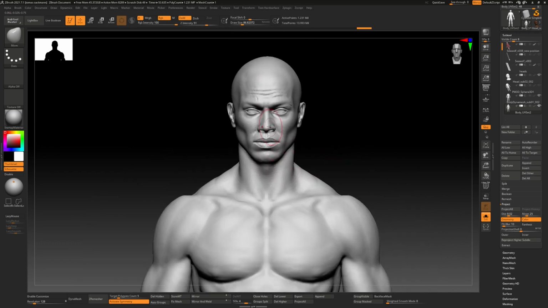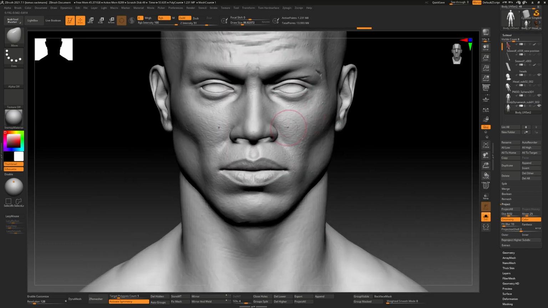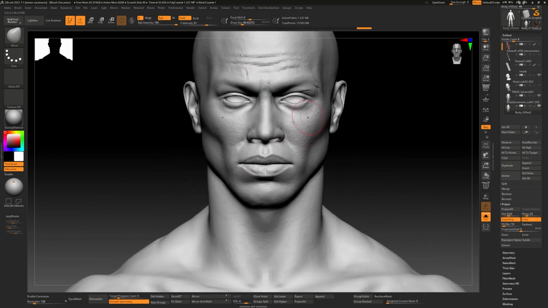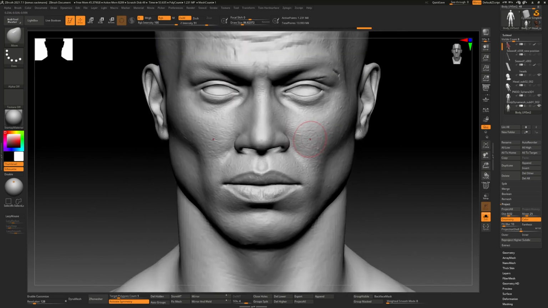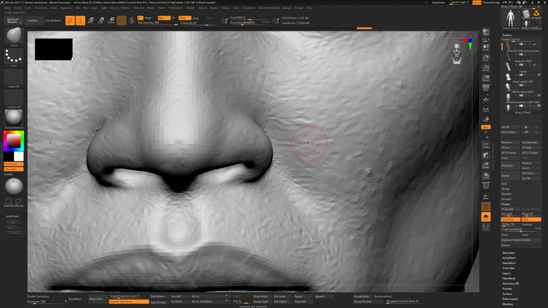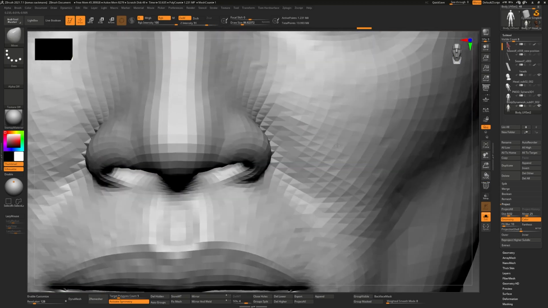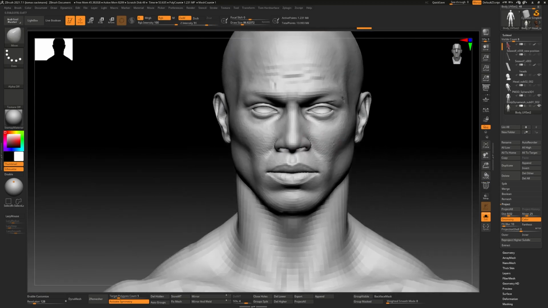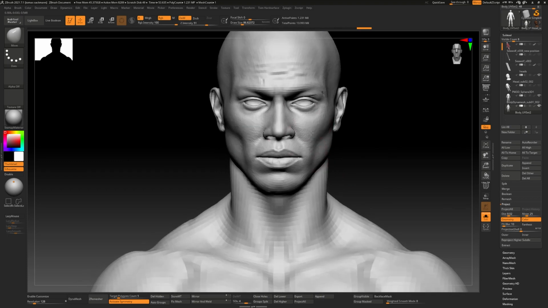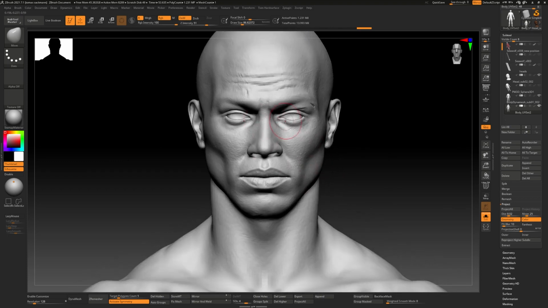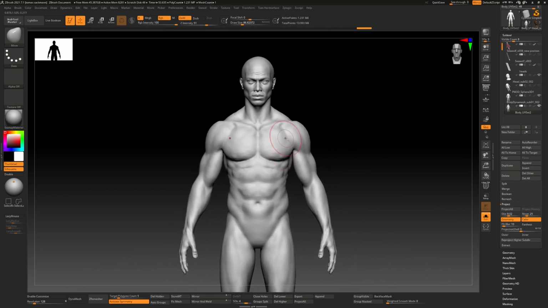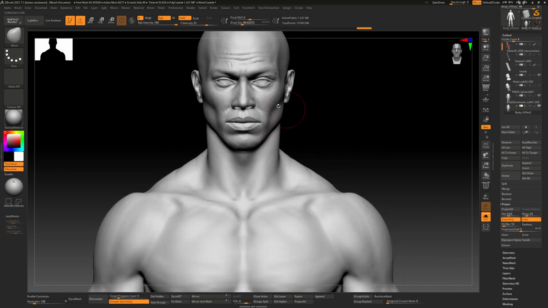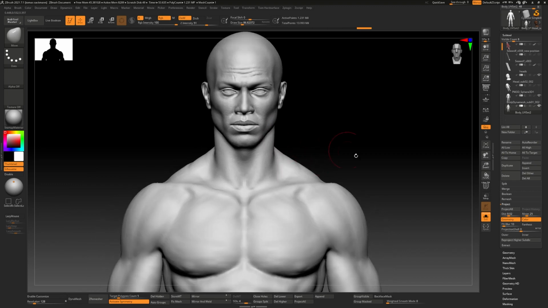So as you see here, we projected the details from the head in a resolution that is not holding the details, right? But this is because it was in a lower resolution than what we have here. But for this, we don't care so much about the head now, because we will work on the entire body, and this mesh will stay as a kind of base mesh for later